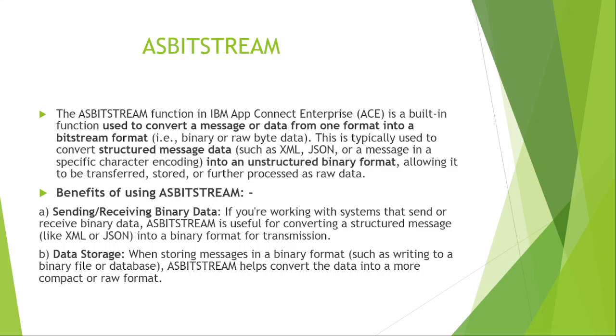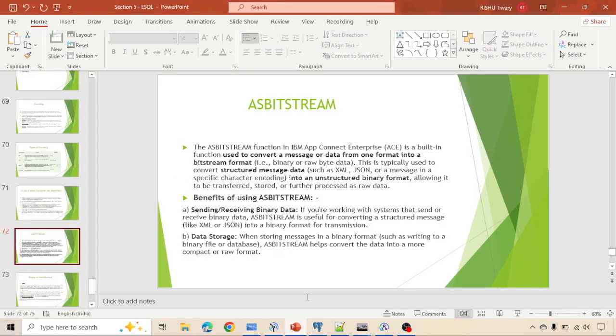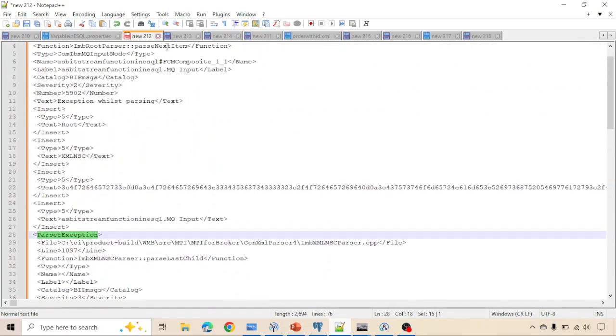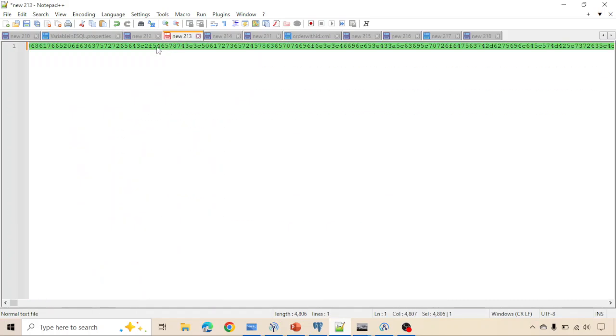To overcome this situation, what we can do is, with the help of the ASBITSTREAM function, first convert this XML message into the bit stream. Further, we convert this bit stream message into one line, and this will become like a string, and it is not going to create a logical tree, and this message we can easily send to the